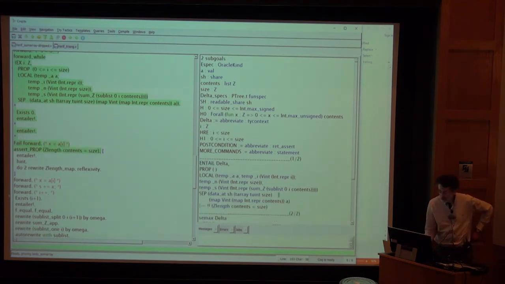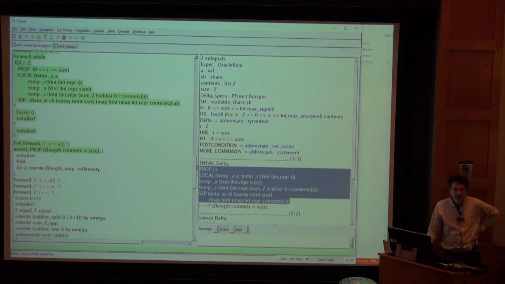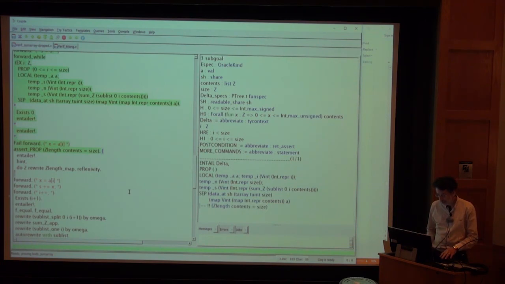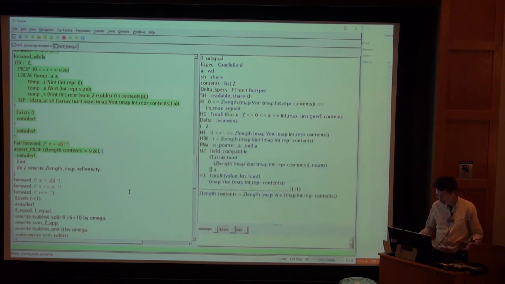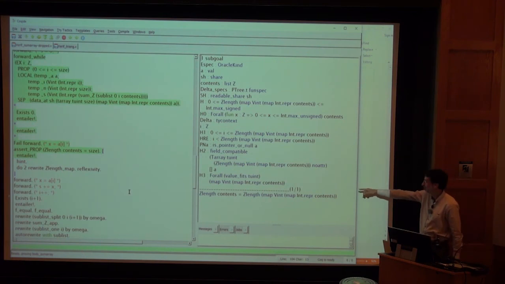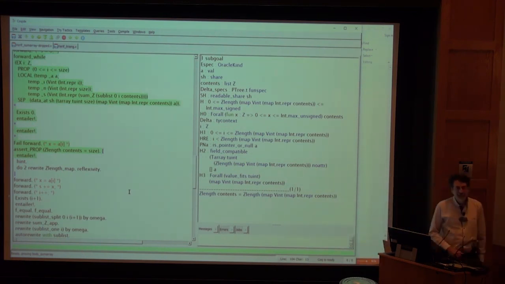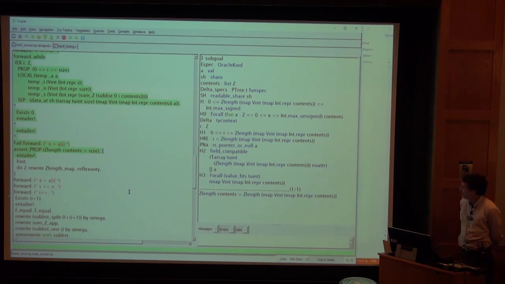And that says, okay, prove this entailment. Here is your precondition. Here's the thing that you asserted. If you can prove this entailment, then you get to put that proposition above the line. So let's use entailer to prove it. Entailer says, okay, well, I can almost prove it, but this is what remains as the proof obligation. I'm using Zlength here. Zlength takes the length of a list, but gives you a Z instead of a nat. Why is that? I'll talk about that more later, but mainly because nat